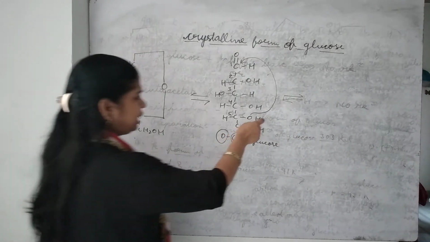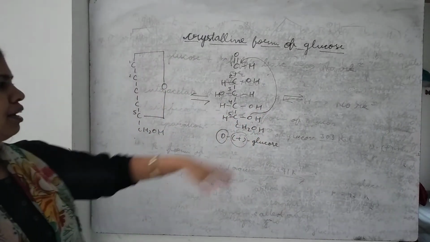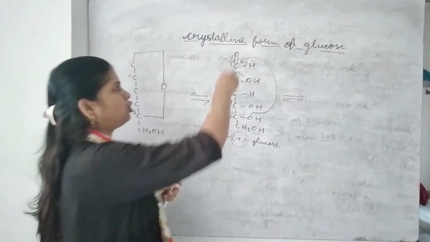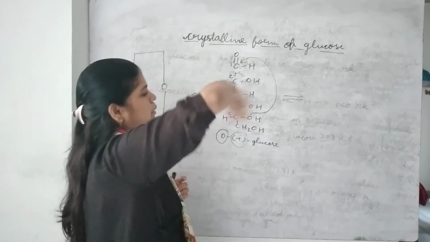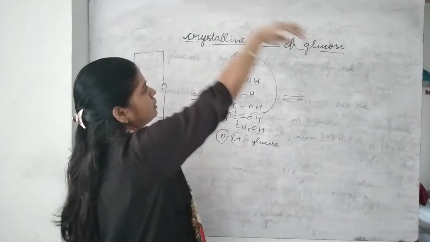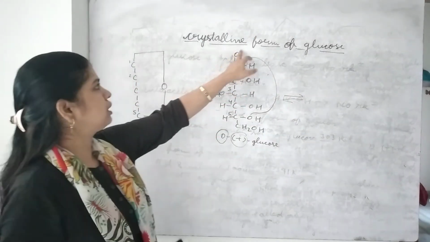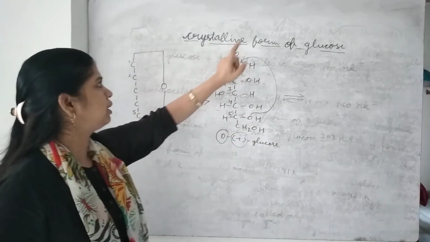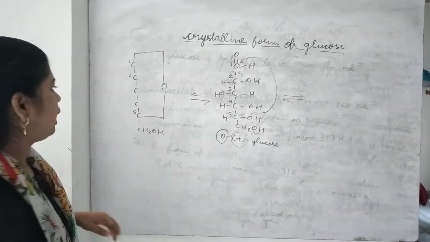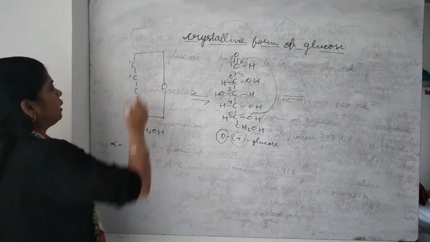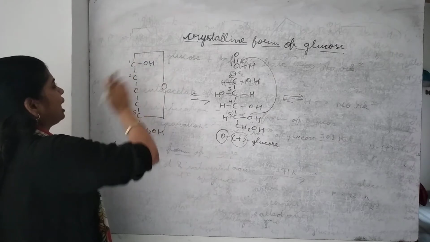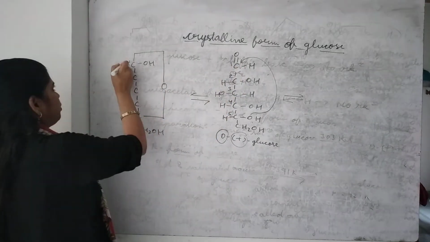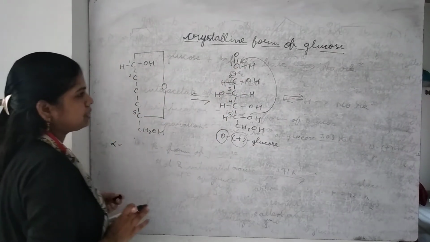Now here there is hydrogen, and you know that it is the smallest atom, and its tendency is to go to the one which has extra electrons. Here there is oxygen. It is electron rich. So this hydrogen will be bonded to the aldehydic oxygen. And as it is the alpha form, in the alpha form OH will be on the right hand side of the first carbon atom. And here there is this one hydrogen. Now all other structure will be similar.